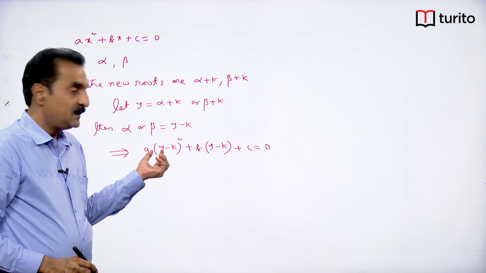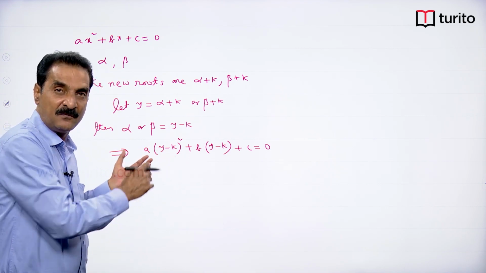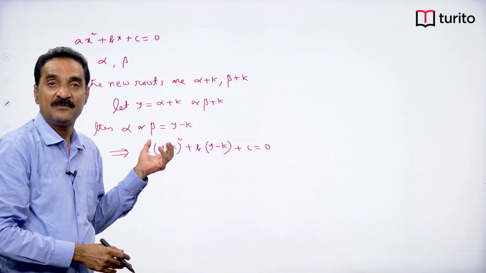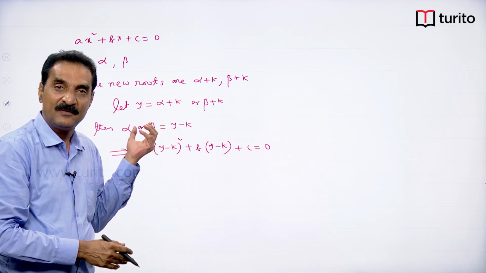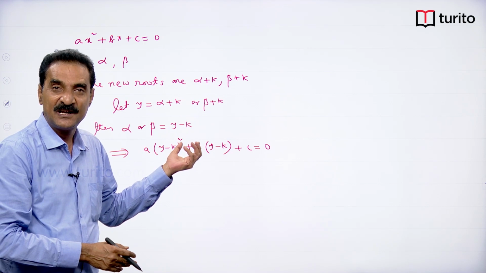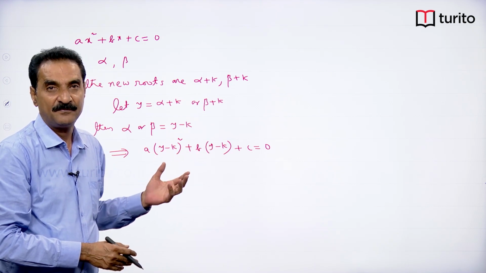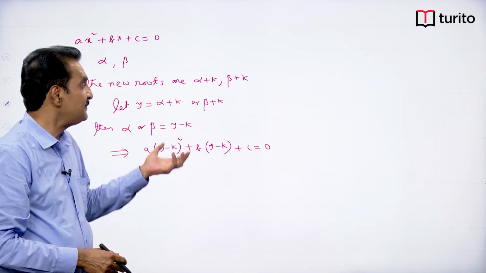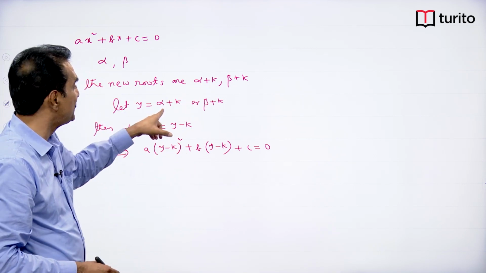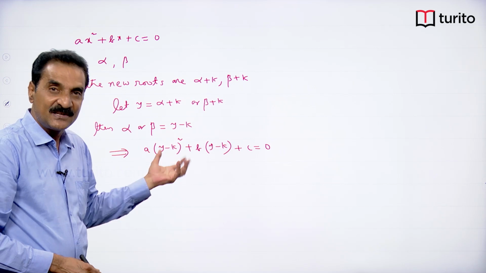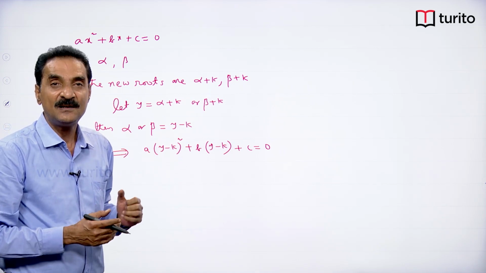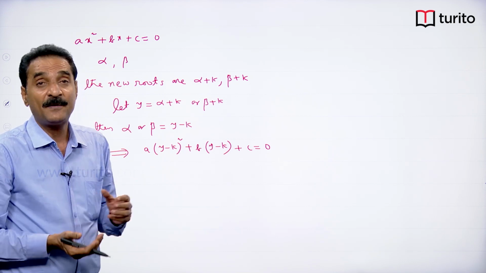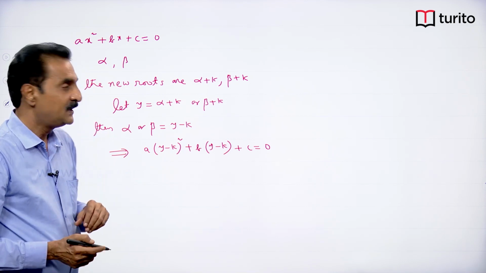Okay. Now it is a quadratic equation in y. If you expand the square and simplify, you will get a quadratic equation in y. There will be one y square term, one first degree term in y, some constant term. So in this quadratic equation, what is y? Y means alpha plus k or beta plus k. So this is the quadratic equation whose roots are alpha plus k and beta plus k. But you should write the final answer in terms of x only. Therefore,